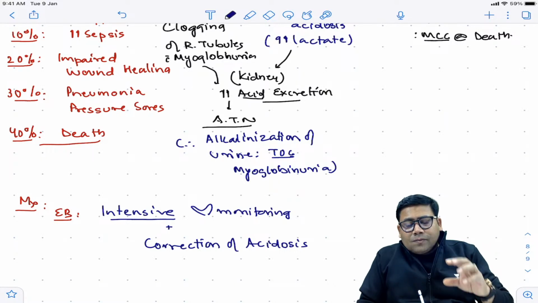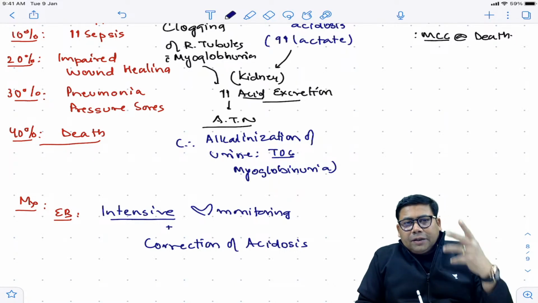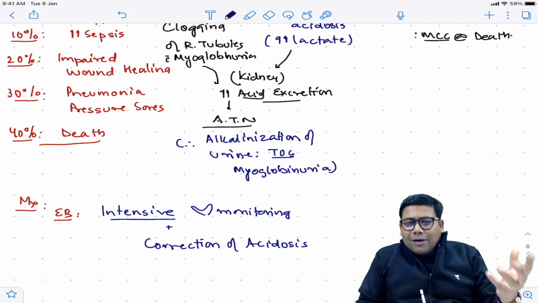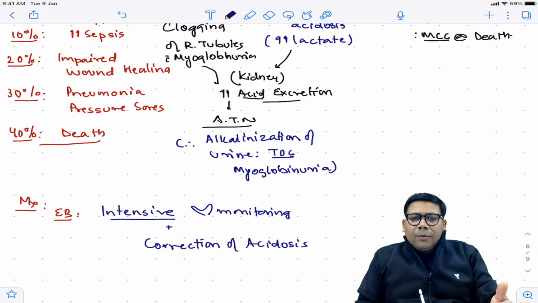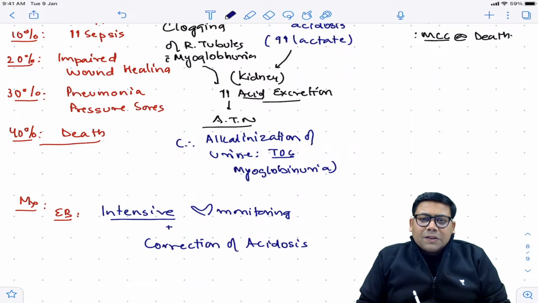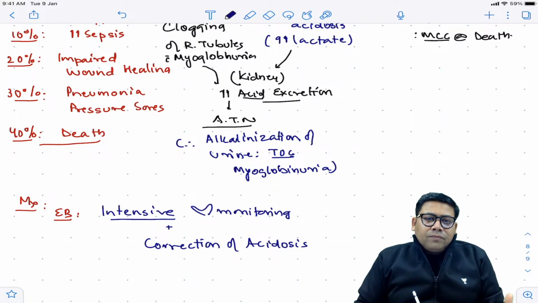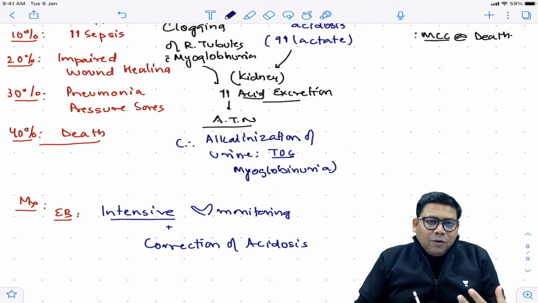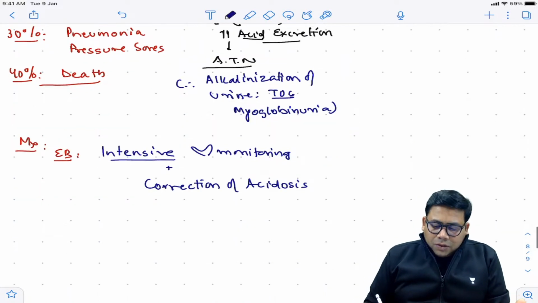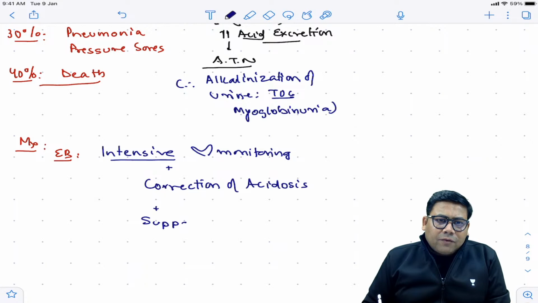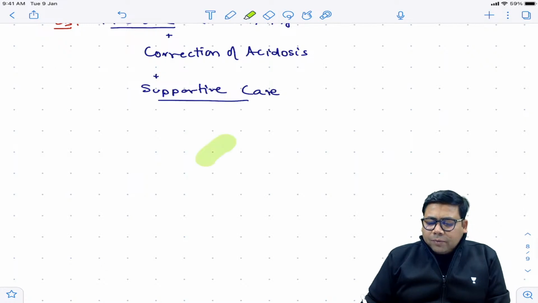People think that doctors have a tendency to admit the patient, that they want to generate business. Okay, that may be a collateral effect, that money is generated because of these procedures. But this is not the prime objective, students. What will you do with money if you cannot save the patient? If the person is not there, what will you do with money? We can only guide them, but they will not understand. So try to understand, electric burn is a very serious thing. It's not a simple issue. So intensive cardiac monitoring, correction of acidosis, and along with that, the supportive care that you give to the patients. Let us quickly go to the treatment concept of burn.